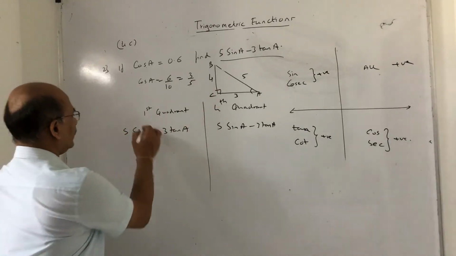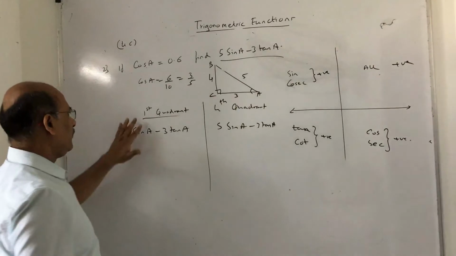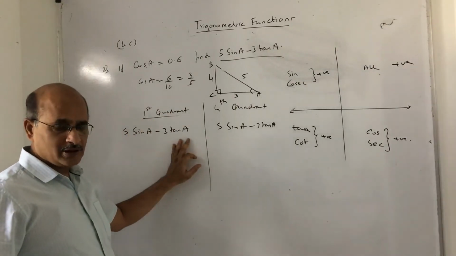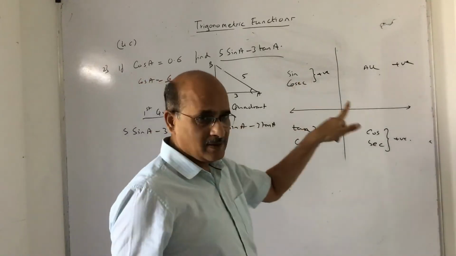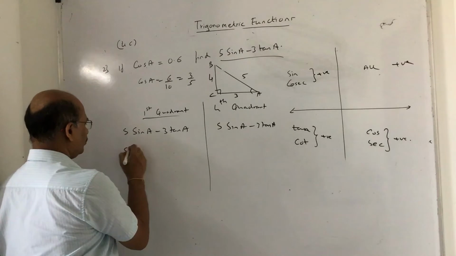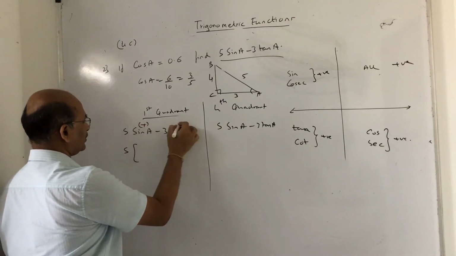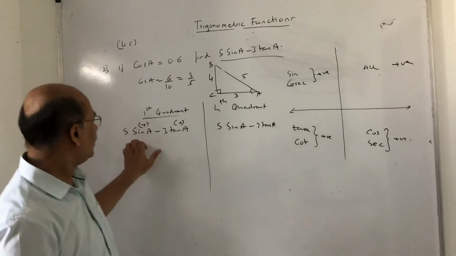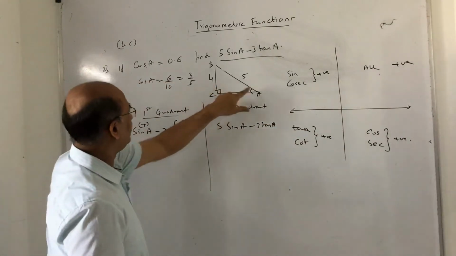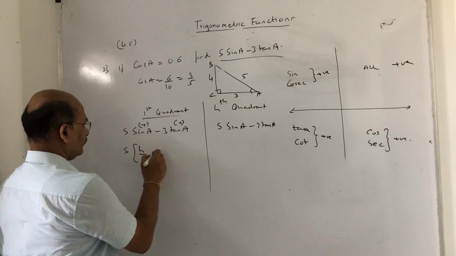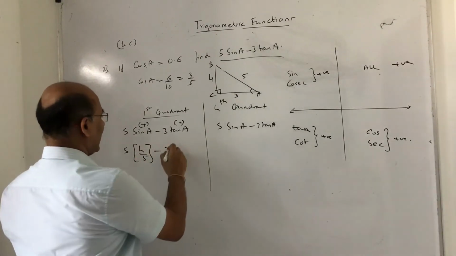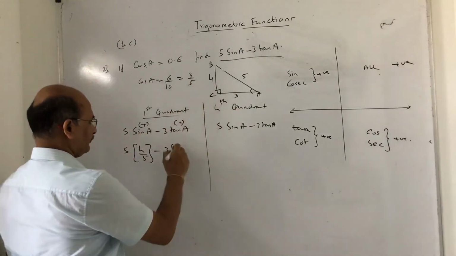Now let us talk about the first quadrant. Forget about this fourth quadrant. First quadrant, sine and tan. So sine and tan both are positive. Remember the sign, putting that sign is very important. So both are positive, I have no issue. So 5 into sine A. Now this is positive, first quadrant, because all trigonometric ratios will be positive here. So sine A is nothing but 4 by 5, minus 3 into tan A. Tan A is what? 4 by 3.